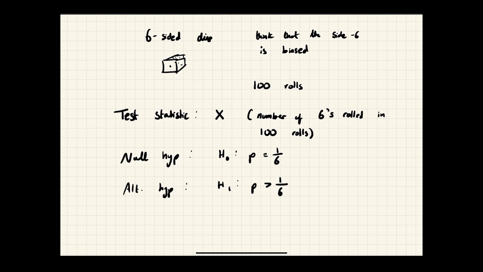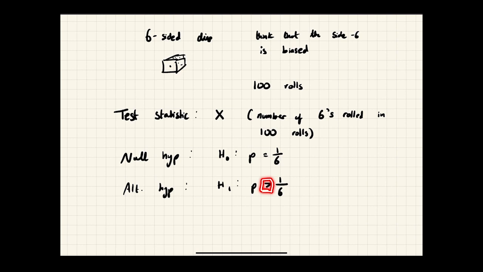Just try to understand why my null hypothesis is 1/6 and why my alternate hypothesis is more than 1/6, because when we get to solve an actual question with all the test statistics and the numbers, it'll be a lot more obvious what these are. So basically what we need to understand is that you can see here we said that our alternate